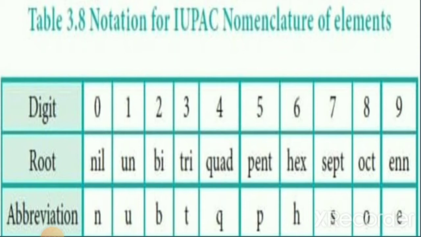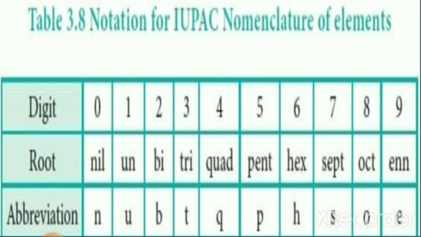Nomenclature or naming of elements with atomic number above 100. Until a new element's discovery is proved and its name is officially recognized, a systematic nomenclature is derived from the atomic number of the element, using the numerical roots for 0 and numbers 1 to 9. The new element discovered first gets a temporary name with the symbols consisting of 3 letters. Later, the permanent name and symbol are given by IUPAC.